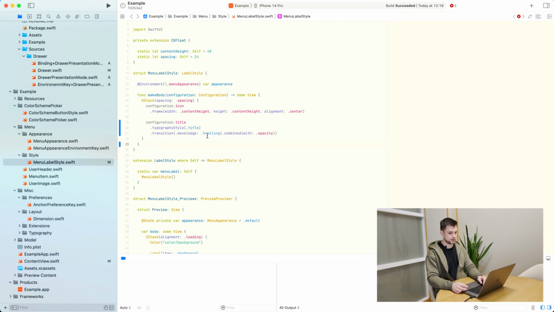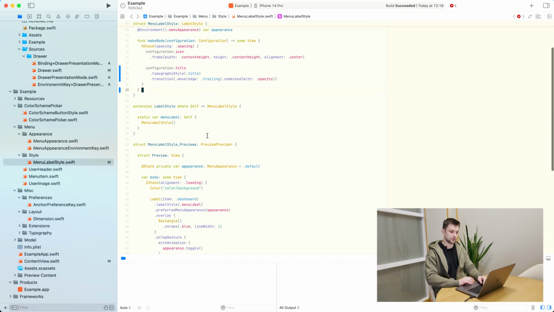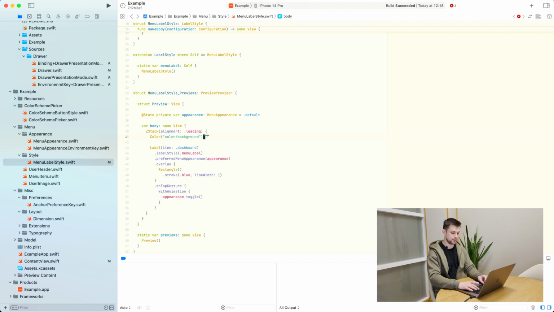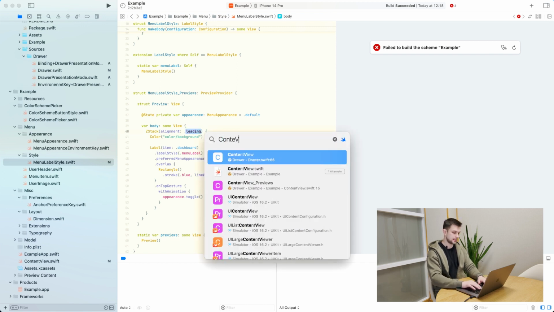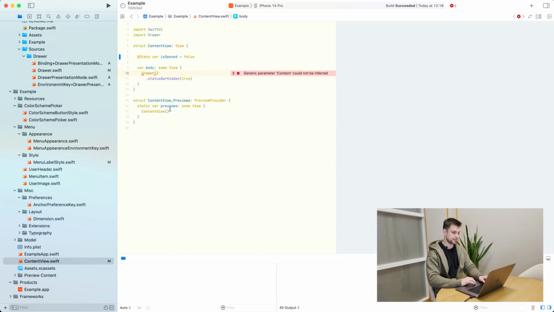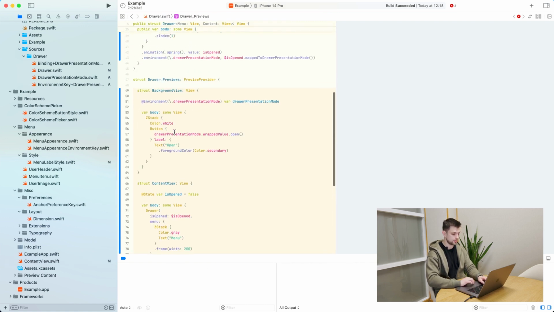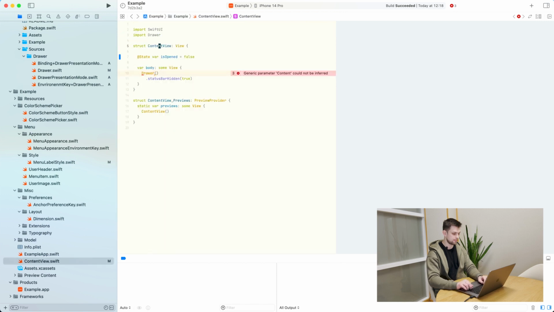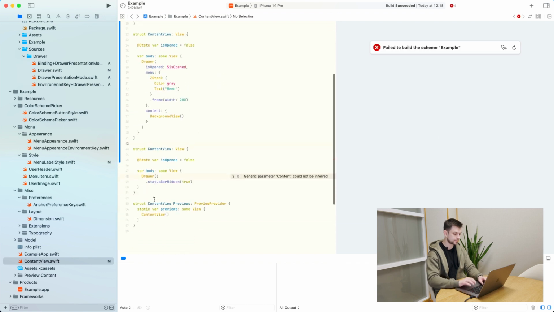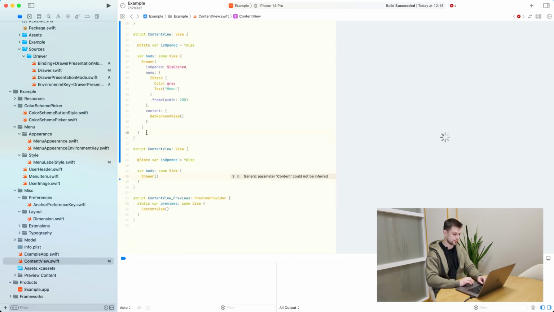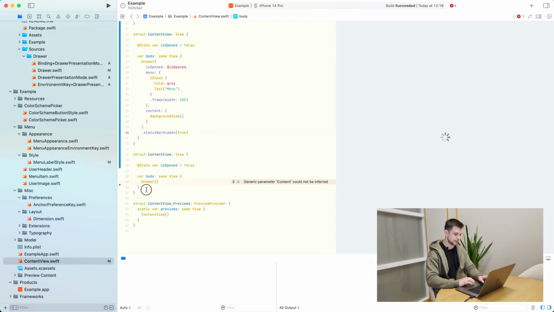Okay, after we finished with the basic setup of the menu label, I think it's worth looking at a preview. If we try to build and run, you can see that the app fails to compile. The reason for that is that in the content view, there is a pretty outdated signature of the drawer initializer. In order to fix this, we may go to a drawer preview and just copy and paste. The only important part here is this bit, and we can just edit,